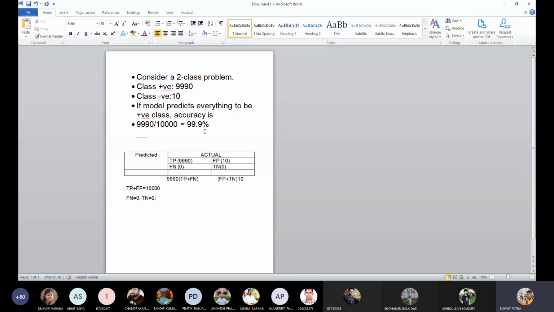So therefore, if you have the same prediction algorithm and you just flip the name of the class, which earlier you were calling the positive class and now you call the negative class, you are saying the accuracy drastically reduced to 0.1. So it is not the problem with the classifier, it is the problem with how you see the success rate. Just simply changing the name, the accuracy is coming to 0.1. I think hopefully you understood how the accuracy is coming to 0.1.